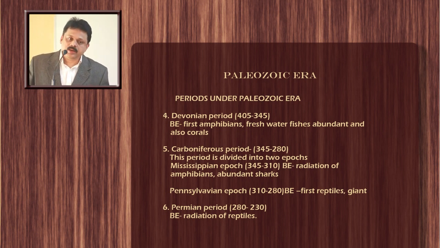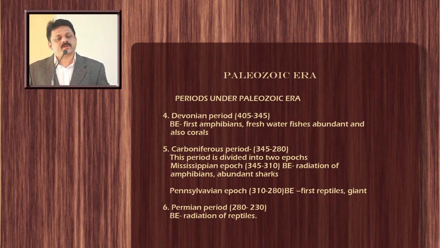The fifth period of the Paleozoic era is referred to as the Carboniferous period. The Carboniferous period is between 345 to 280 million years before present. The Carboniferous period is further divided into two epochs, the Mississippian epoch and the Pennsylvanian epoch. So we will examine the biological events that took place under these two major epochs of the Carboniferous period of the Paleozoic era. The Mississippian epoch is from 345 to 310 million years before present,